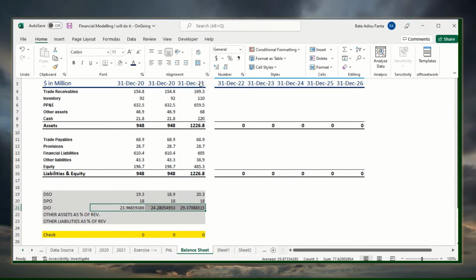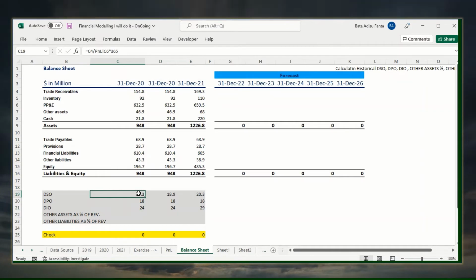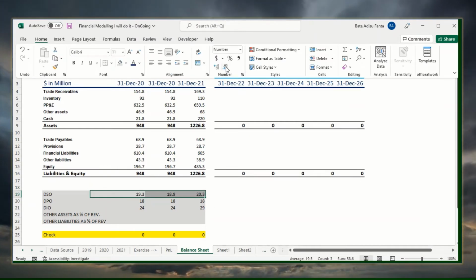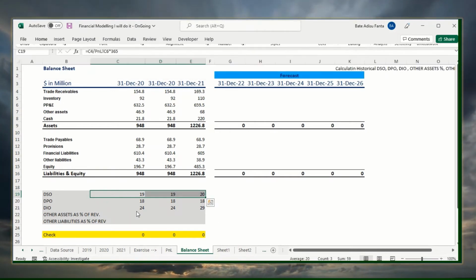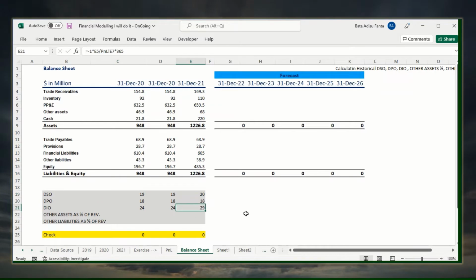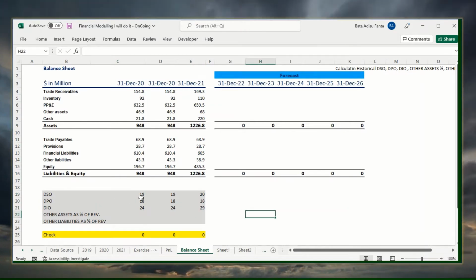Yes, decimals, we may not need decimals even in this case. We're only interested in the number of days, so that's why it says days sales outstanding, days payable outstanding. So that's all, that's enough. So in 2019,